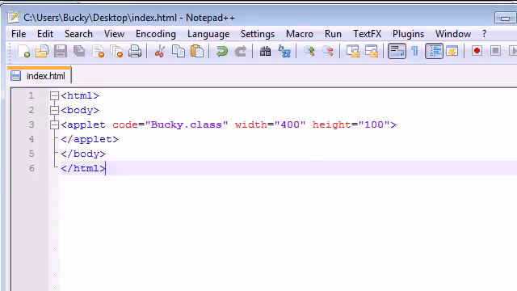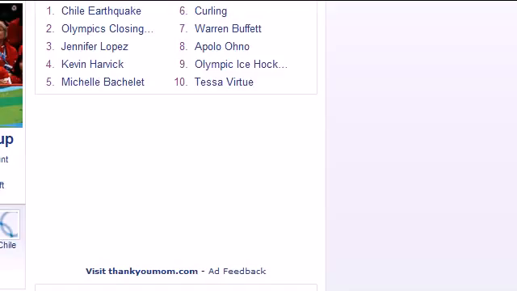So now what we have on my desktop is an index for my home page and a class file. So what do we do from here? Well, I already have a website set up at, let me minimize